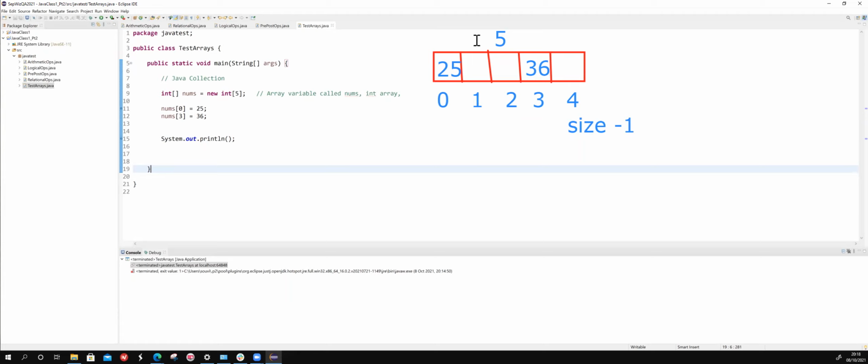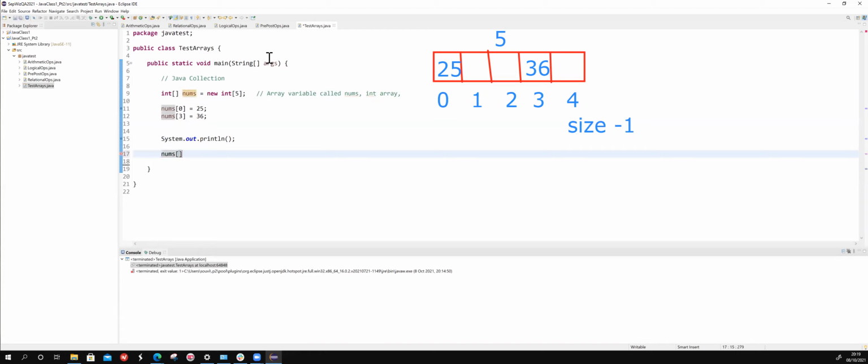When you say the array is of size 5, I cannot go and put another value at the end. If I try to access index number 5, which is not even there, and put the value as 100, and I run this,